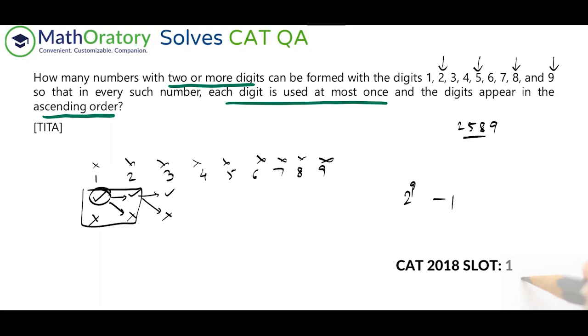There are also some cases that we have to eliminate where we select only one digit, because when we did this 2 to the power 9, we did it without restriction. We may select a particular digit, or may not. There are a few cases in which we have selected just one digit, and that is not allowed. How many cases are those? Simple, 9 cases, because there are 9 digits. So just remove these two cases, selecting no digit and selecting one digit, out of 2 to the power 9, and you get the required answer, 502. 2 to the power 9 is 512, by the way, minus 10, so that is 502. As I said, I solved it in 20 seconds.